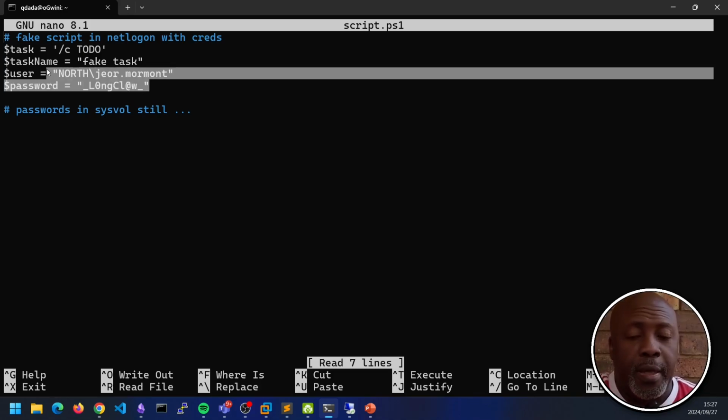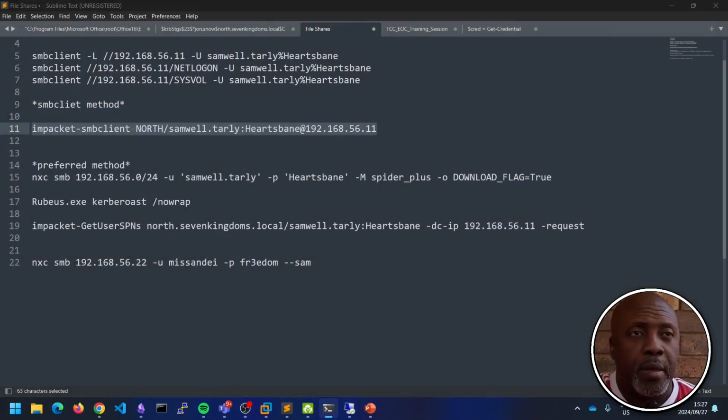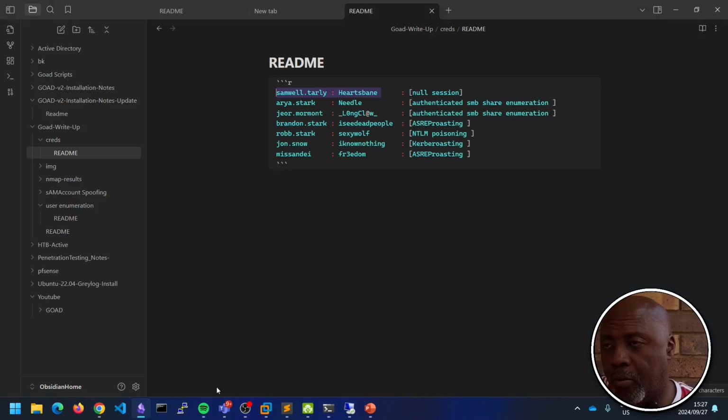So you copy that. I don't want to make changes to this file, but I just want to show you that once you grab the credentials, you just copy them and then you save them.